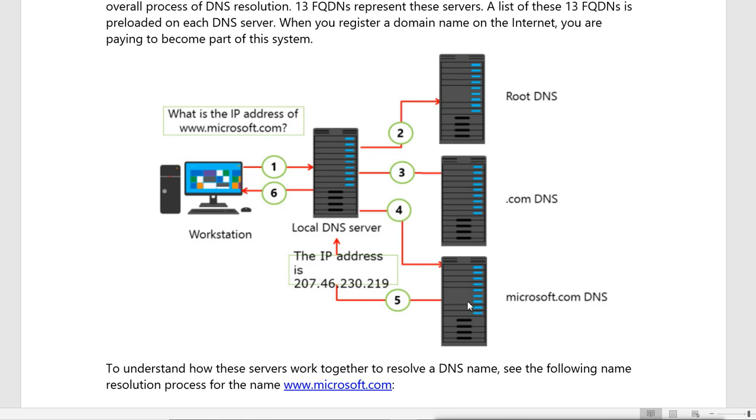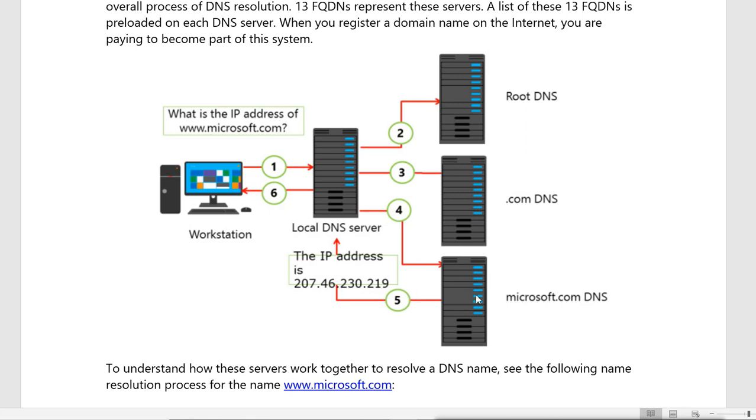Now when it is the authorized DNS server, then it will check the name. Then it will check what the machine name is. In this name, it is the fully qualified domain name. So www is the machine name and the domain name is Microsoft.com. Now this DNS server will check its records whether it has the IP for this name or not. If it has the record, then it will give the record, and if it does not have the record, then it will deny. It will say no record found.